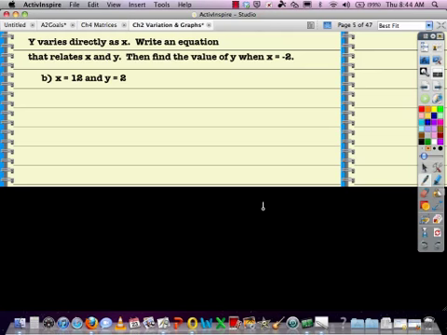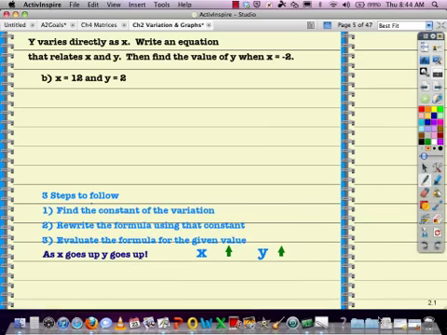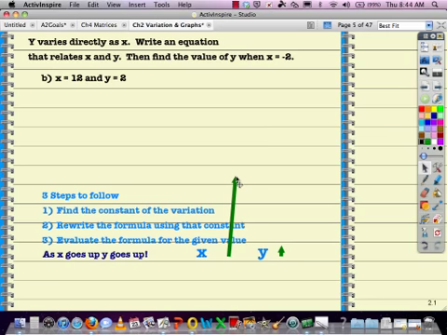So solve this. This will be one that we can talk about as we work through it. There are 3 steps we want to remind you of. Find the constant of the variation, write the formula using that constant, evaluate the formula for the given value, and remember, when x goes up in a direct variation, y should also be going